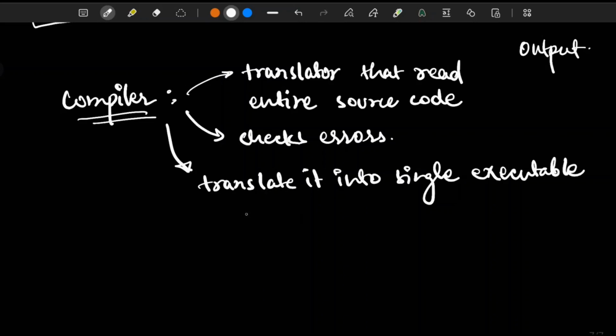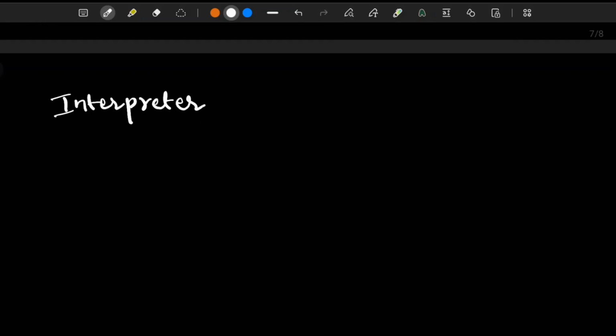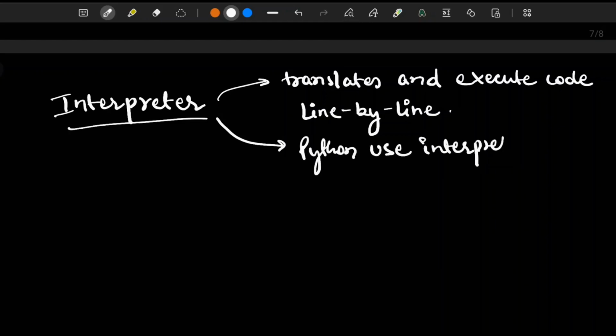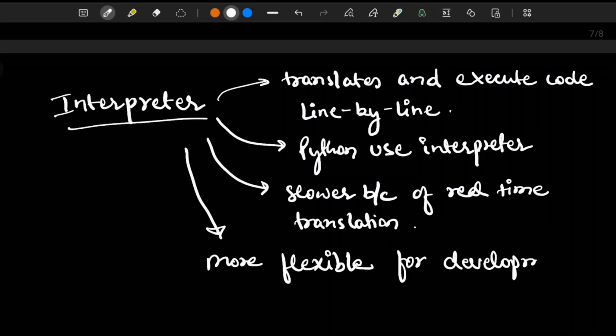It's fast once the file is ready, but if there is one tiny error, the whole code stops. An interpreter, on the other hand, translates and executes your code line by line as the program is running. Languages like Python use an interpreter. It is slower because of the real time translation, but it can be more flexible for development.